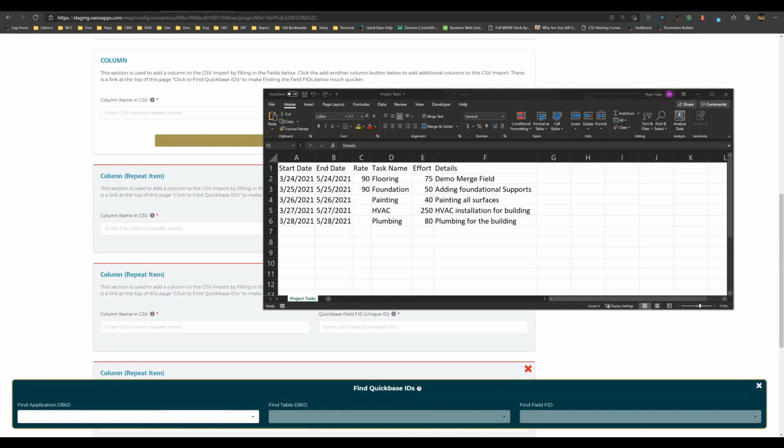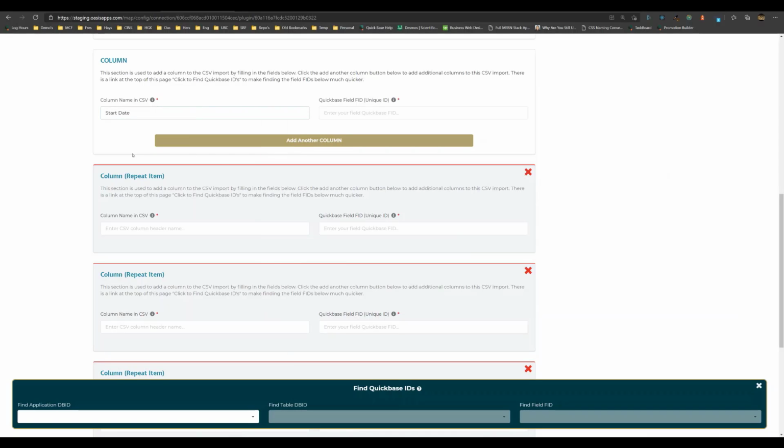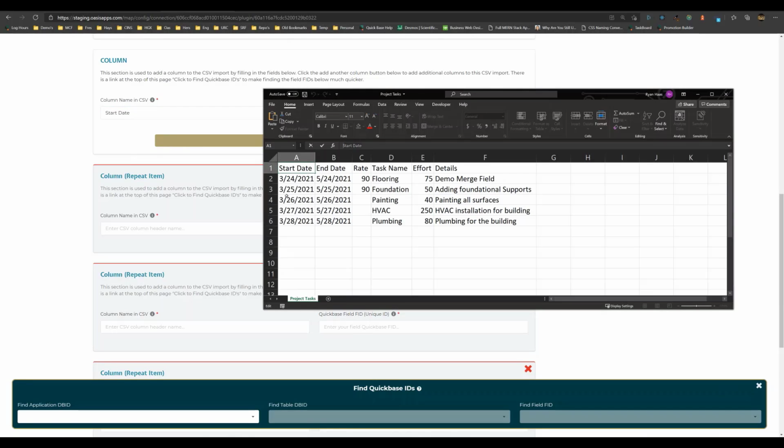my CSV. And now what I want to do is fill in the column name for each one of these columns that I just created over in Oasis. I like to go directly to the CSV document and copy the header for each one of these, and then come in here and paste it, just so I know that the exact header that's in my CSV document is being put into the mapping in here, because this tool relies on these column headers to find the necessary data. So I'm going to make sure that these are exactly the same for each one, so I'm going to copy